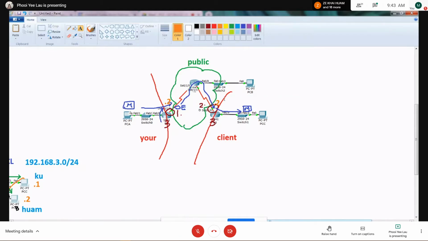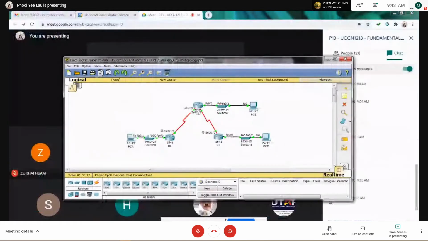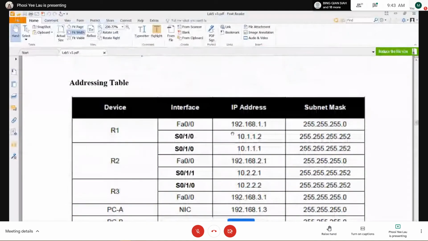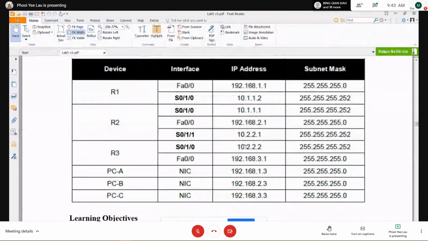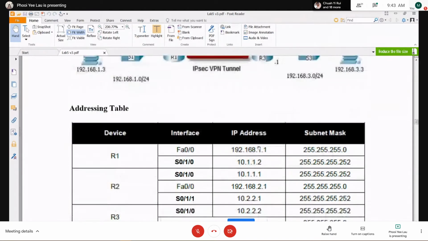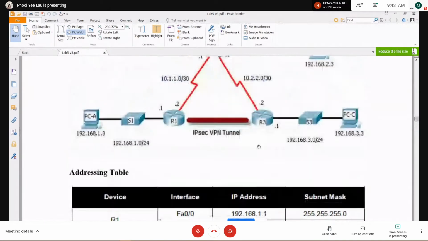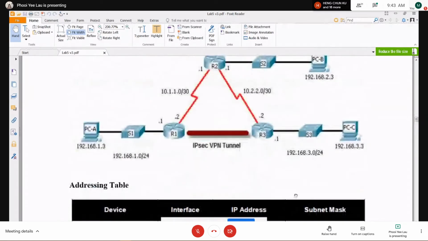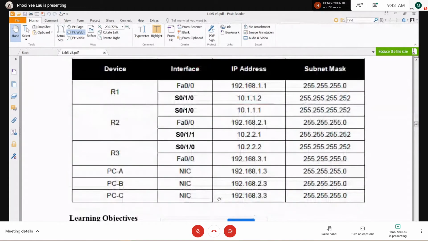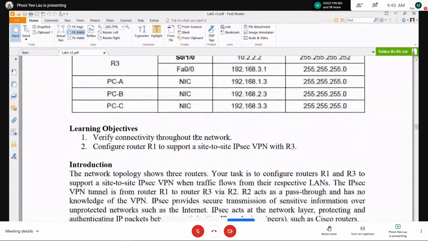Okay, these two IPs are important. Remember the number 2 and number 1. That's why it's marked here. This IP, the 22 and the 12. The R1 IP is important and the R3 IP is important because it's the peer. Okay. So if you take a look, and then the third thing I say is important is the